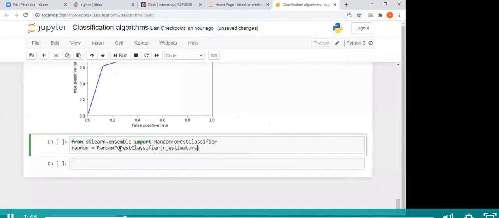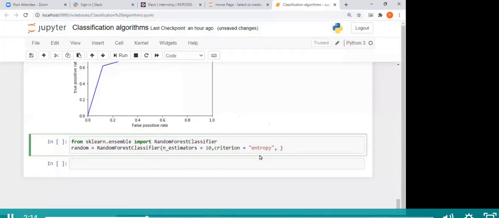So what does this n_estimators mean, guys? 10, comma, what does this n_estimators mean? Criterion is equal to entropy.